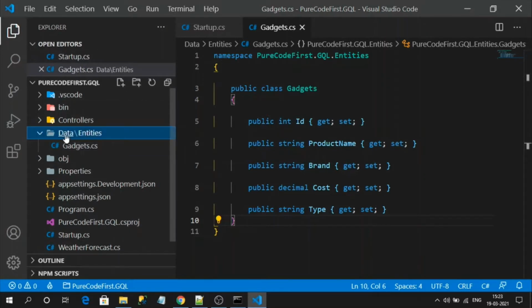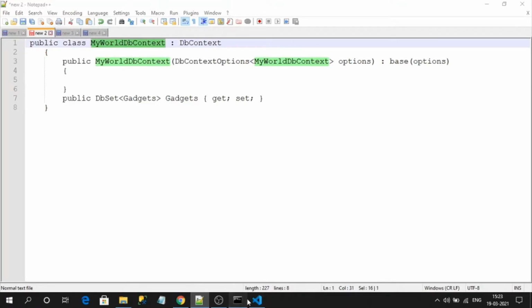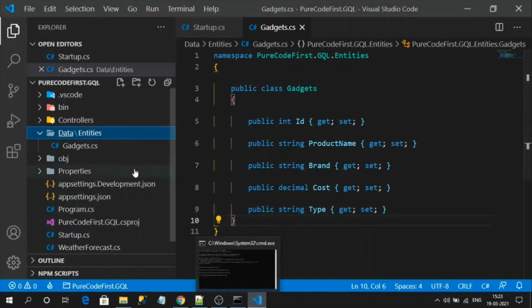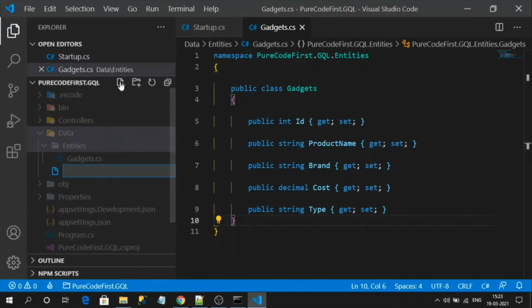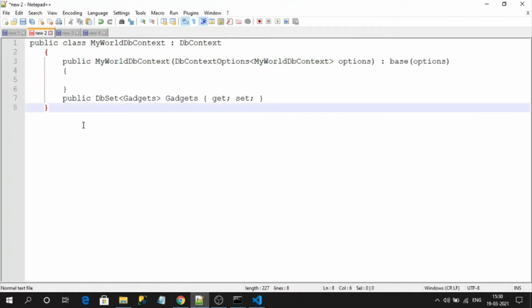Now I want to create a database context. So I'm going to create one file in the data folder. My database context name is MyOldDbContext. So let me add it here. Let's copy the DbContext class into this file.